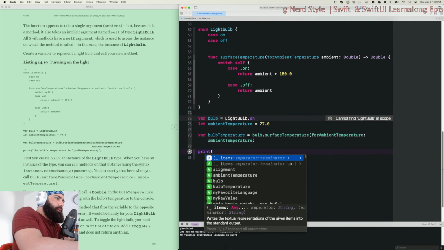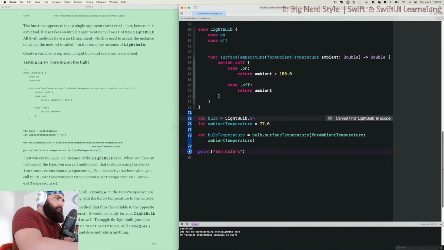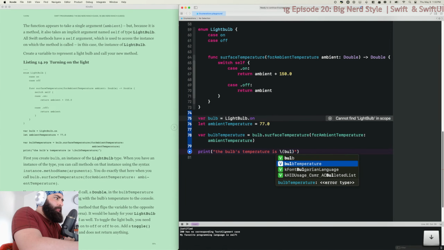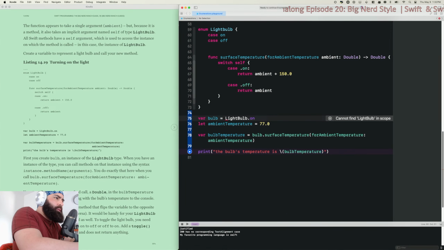Print the bulb's temperature is escape character string interpolation. Bulb temperature. What did I do wrong? I'm missing something. Var.